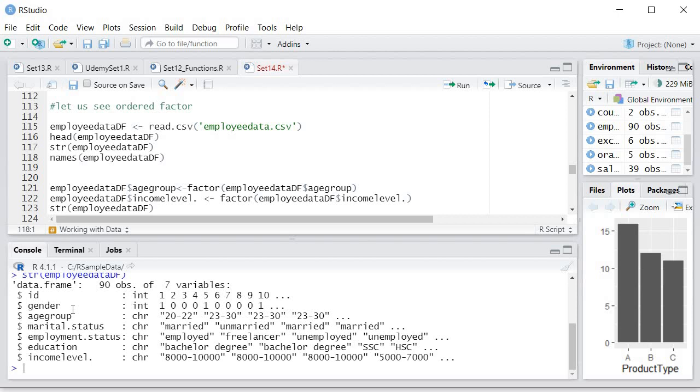Okay, here you can see we have different columns: ID, gender, age group, marital status, employment status, education and income level. So here if you can see, the data consists of int and character. If you want to see the column names, you can execute names, and then you can pass employee data df. Now let us assume that the data we are getting from employee data.csv consists of factors,